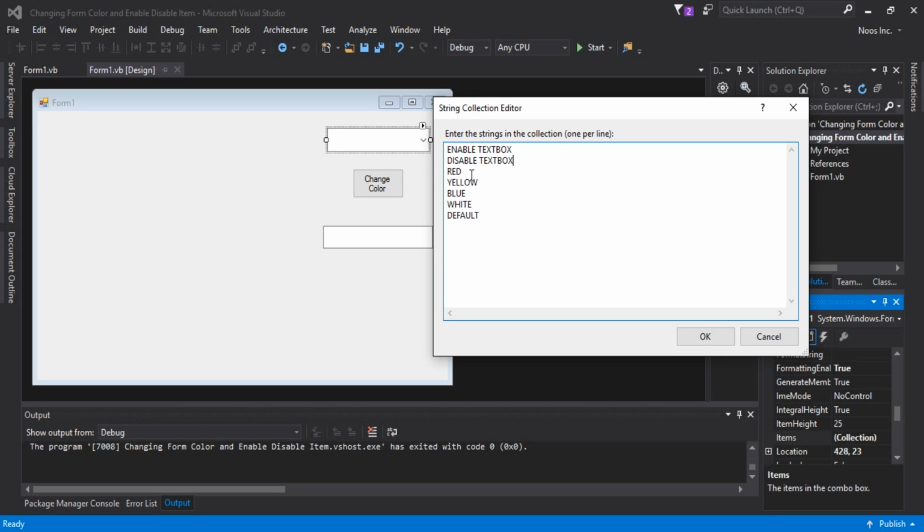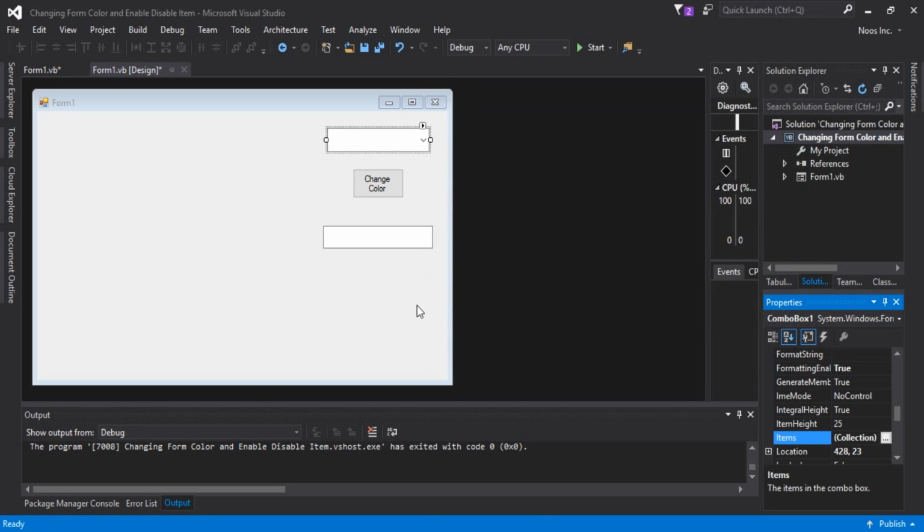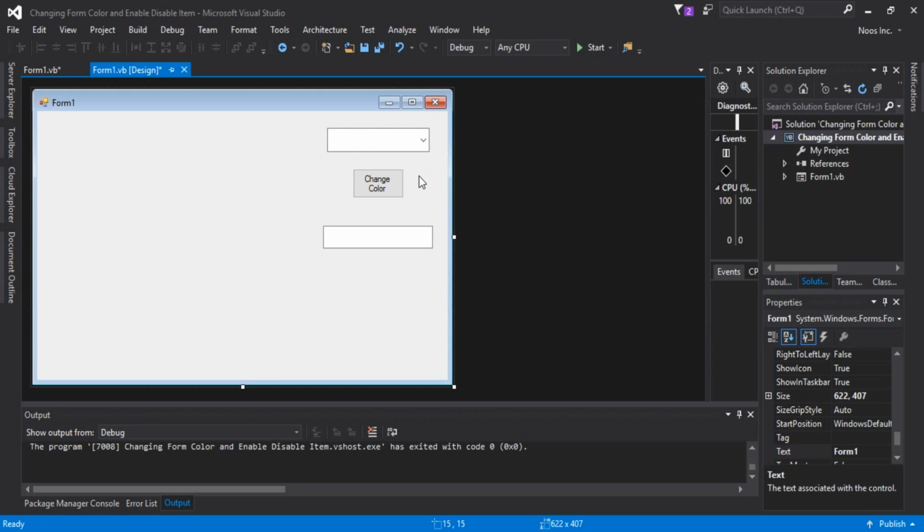So this is a very basic command, and I will show you in here. I double click on change color,